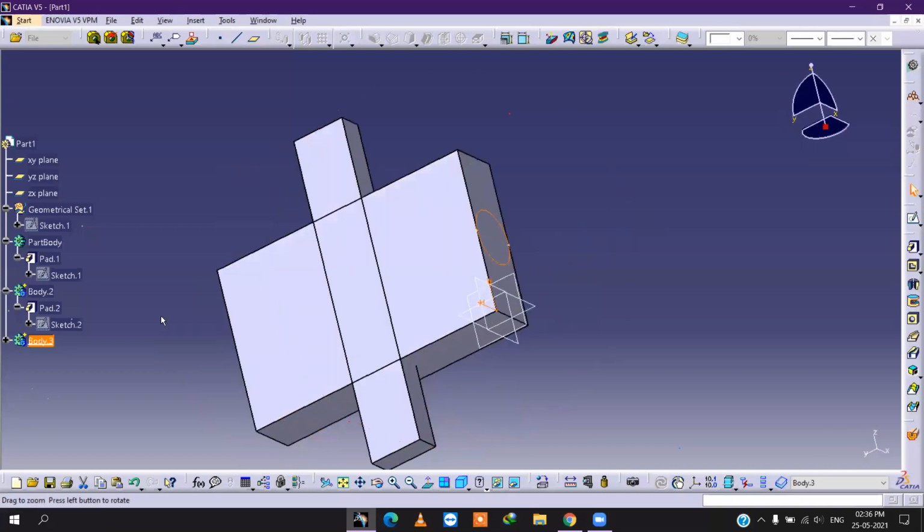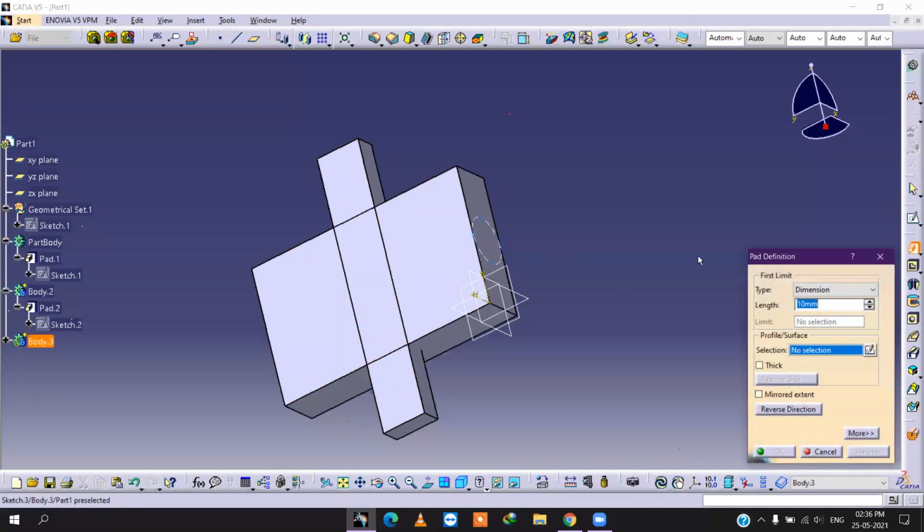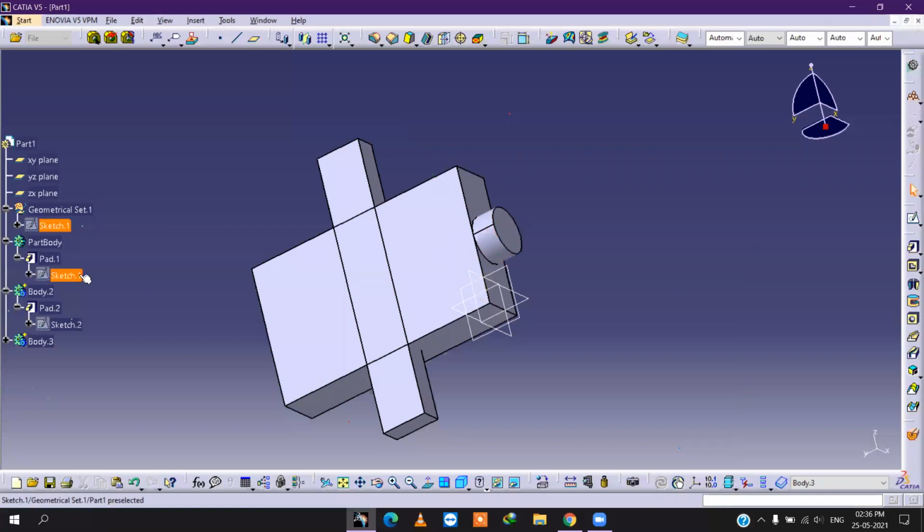Okay, now I will show you. Suppose I want to remove this person, and this one. Reverse direction. Okay, now these three bodies are separate.